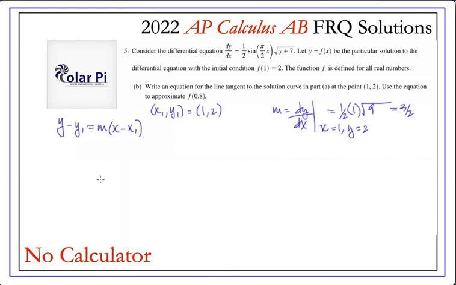Okay, cool. So then that means L minus y1, which is 2, equals 3 over 2 times